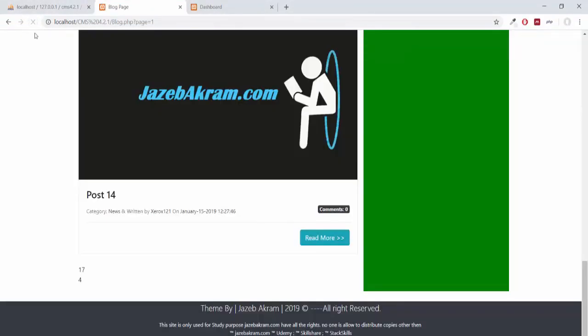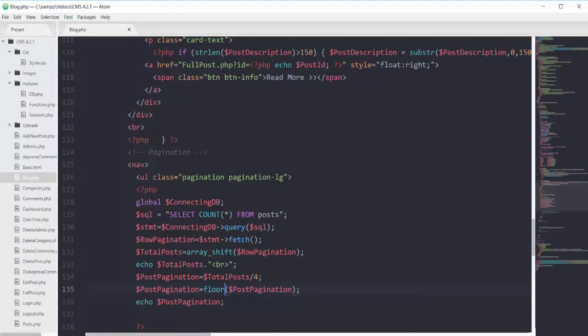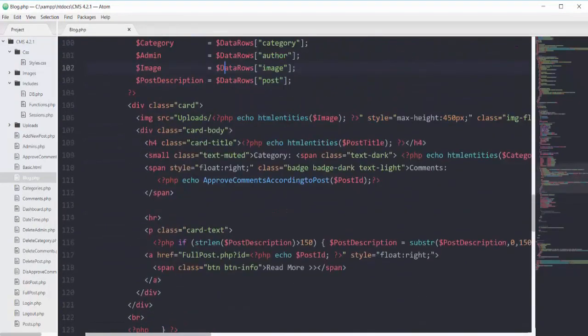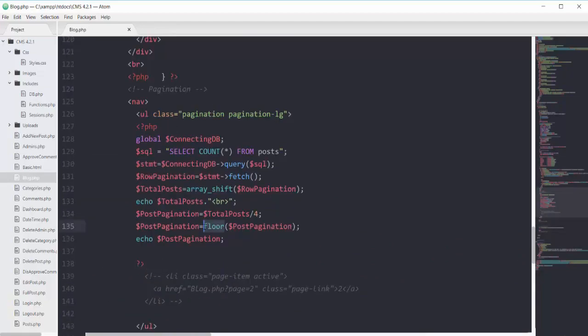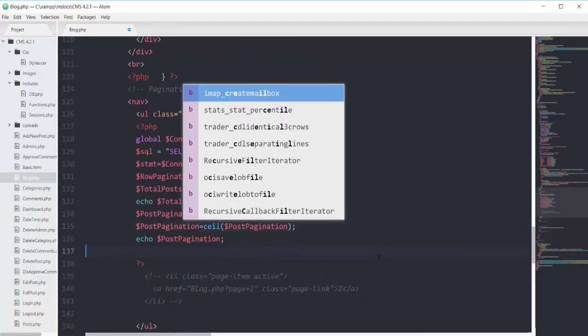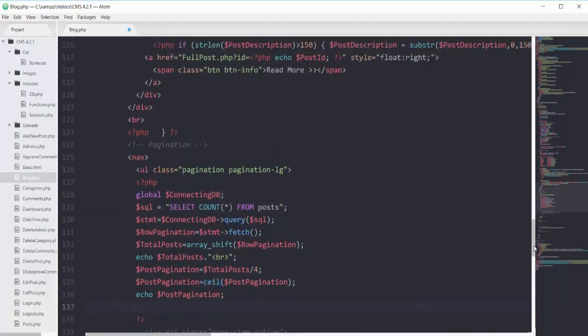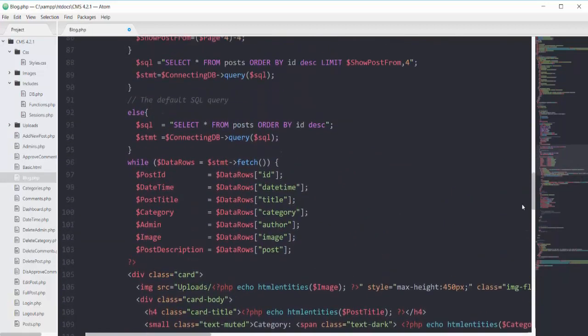So it will take floor. So we will have 4 posts. So as I made the query to work with 4 posts per page like this, 4 here, 4 here. So I will rather stick with the ceiling function first, and I will make my query to show me